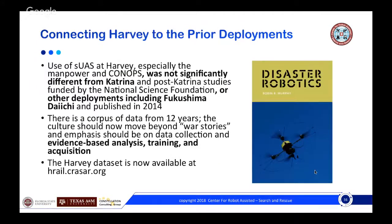And so this was, again, not terribly different than what we saw in Katrina with the very short focused flights. You think you're going to be flying a long time, but instead you're up and they see it and then they're done. Okay. And I think also this is why we refer to this workshop as evidence-based analysis and training,